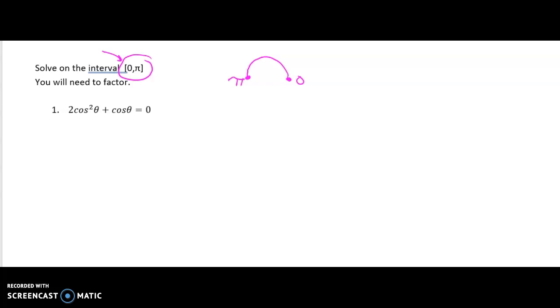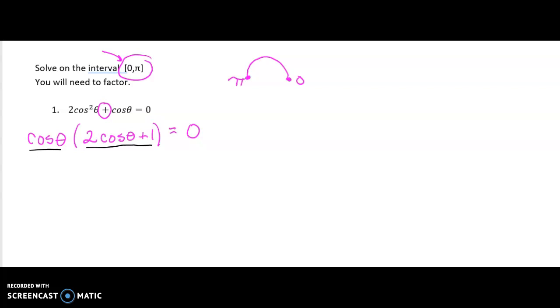In example 1, we will need to factor. Notice we have a binomial, and both terms have cosine in them. So we will factor cosine theta out. We will have 2 cosine theta plus 1 inside parentheses equals 0. Just like we did in Algebra 2, when we factored,